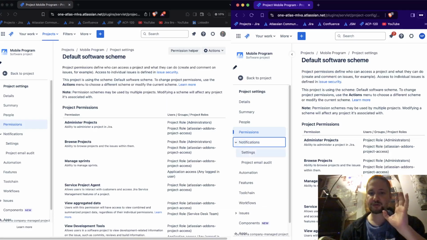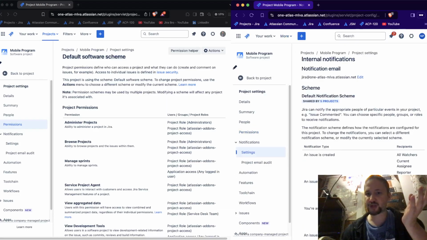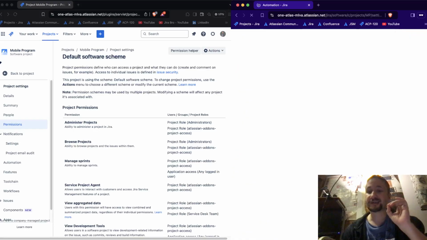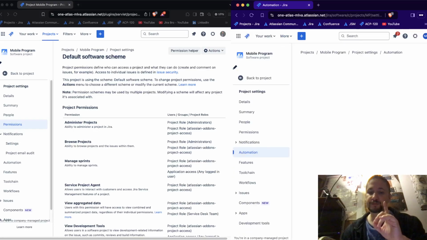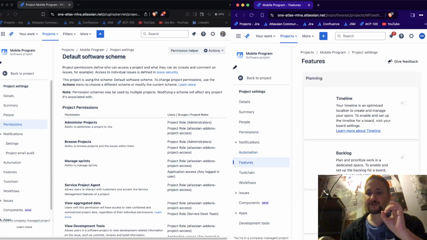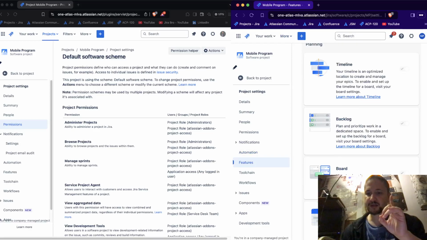So also, project admins cannot change the scheme for the notification. The thing that they can do is create the automation rules. Okay, they can create the automation rules. When it comes to the features part, they can also,